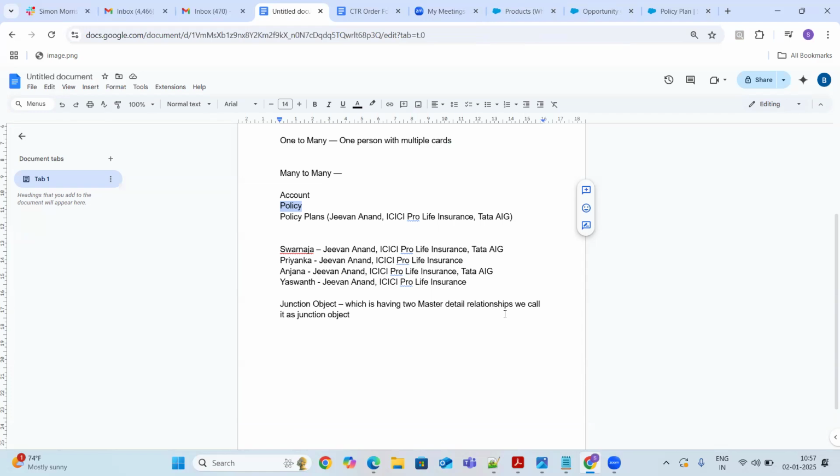There's no direct field that we can use. Through the junction object, we can establish this kind of relationship. So whenever you want to store this kind of many to many relationship, in total, we have to create 3 objects. Any questions?